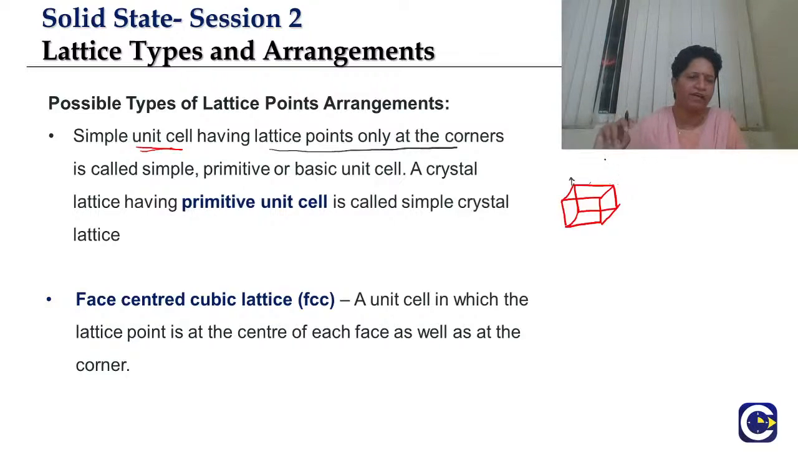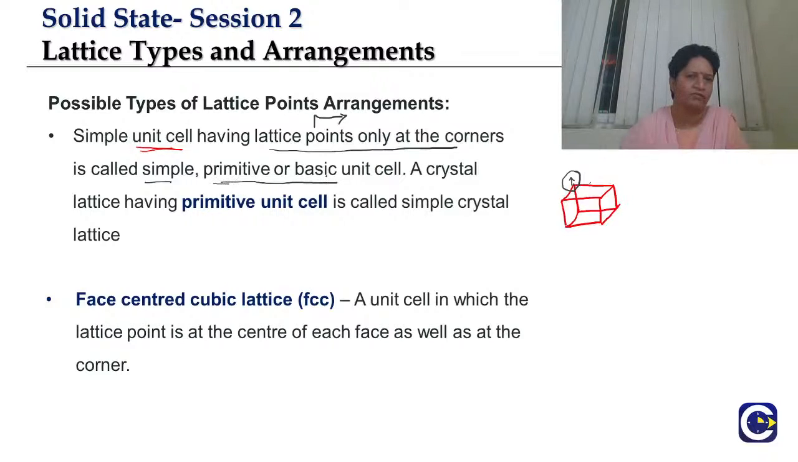So if we have the lattice points, what are lattice points? Whatever the compound is made up of. Like if it is an ionic compound, these lattice points are the positions of the ions. Lattice points are what we call the constituent particles. It can be ions, molecules, atoms, or anything. So if the lattice points are present at the corners, we call that a simple, primitive, or basic unit cell. So if you go for any unit cell, remember